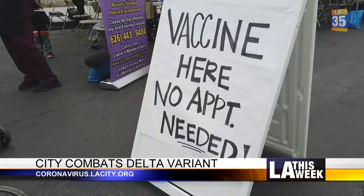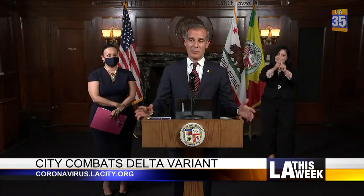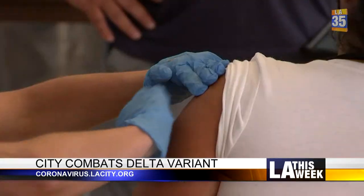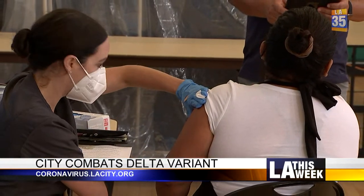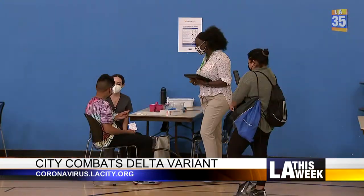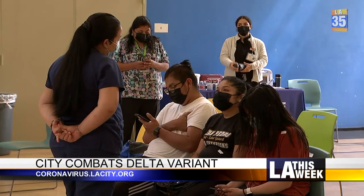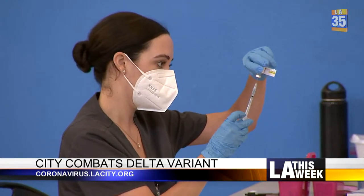In an effort to stop the spread of the COVID-19 Delta variant, Mayor Eric Garcetti and Council President Nury Martinez held a special press conference urging Angelenos to get vaccinated. The number of COVID cases in July rose sharply, and hospitalizations were the highest they've been since February of this year. The Delta variant is now the dominant strain of COVID in Los Angeles and spreads approximately twice as easily as the original virus. To get more information on vaccinations, you can visit